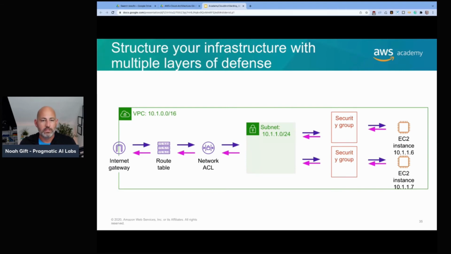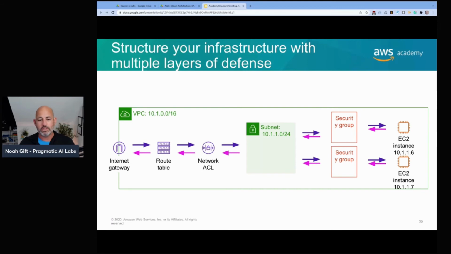So securing your infrastructure with multiple layers of defense is a pretty good practice for security in general. Instead of having a castle where you just breach the wall and then somebody's in your castle and you can't do anything else, you want to have these layered parts of security. So there are many different aspects of security that someone has to get through